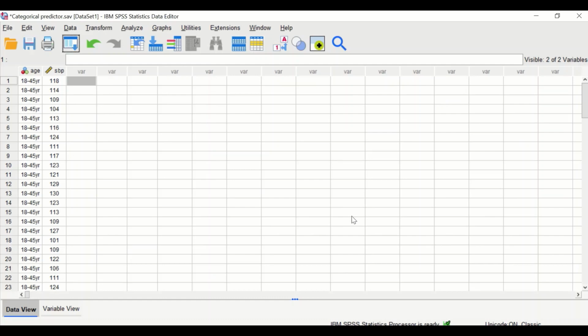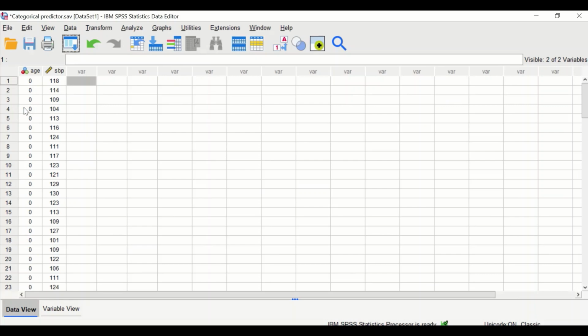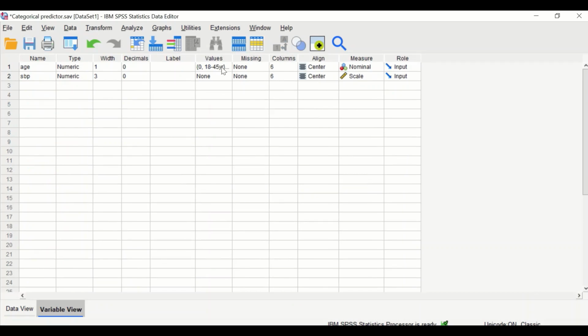Here in this data view I have two variables: systolic blood pressure, which is a continuous variable and is the outcome, and age, which is the predictor and is categorical. There are three categories in the age variable as shown here, and they are given a value of 0, 1 and 2. And if we click on the variable view and look for the age variable